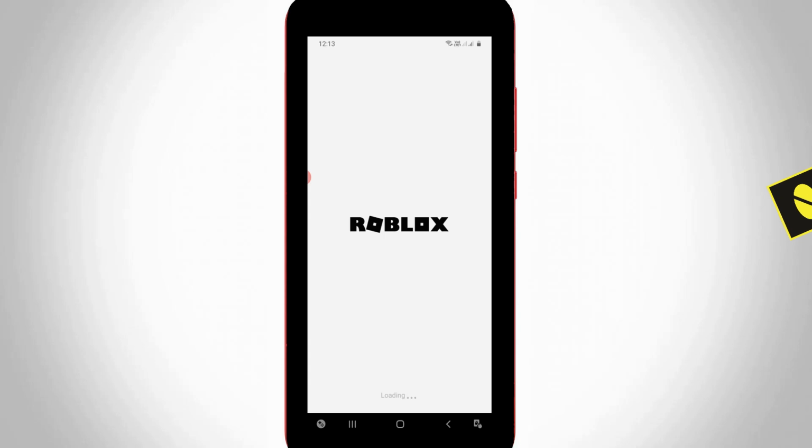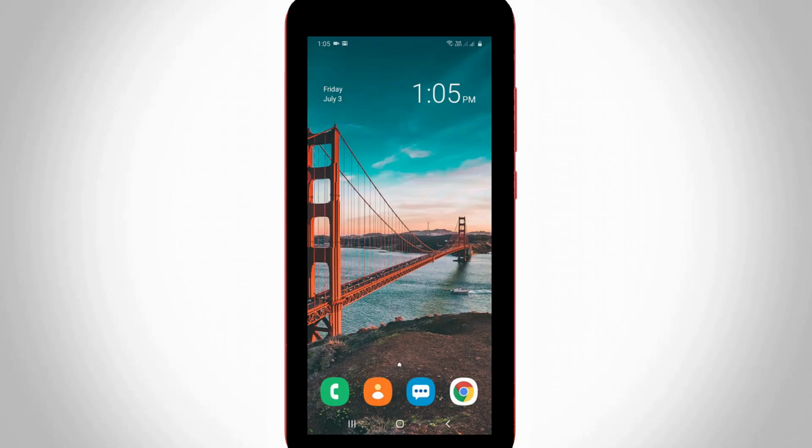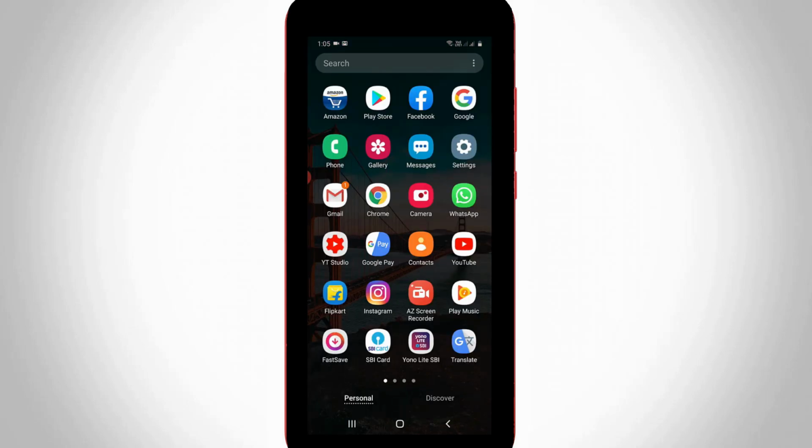So today I will show you how to turn on or turn off joining on Roblox. So friends, this trick works for all Android and iOS platforms because these app settings are common for all devices. And also this is the same if you are accessing Roblox on your computer. So anyway, let's go to our tutorial.